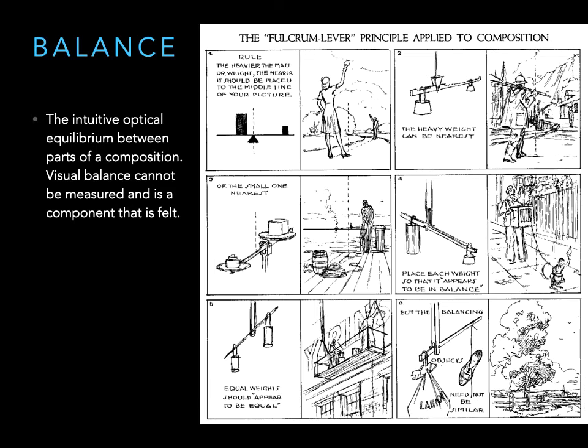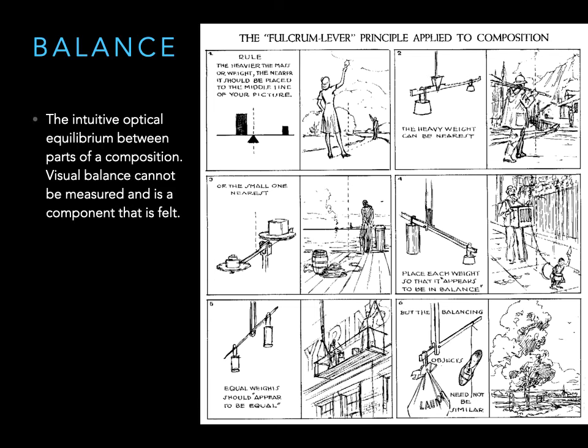And we've got some examples of a fulcrum and lever, or you can think about it like a teeter-totter or a seesaw, where you have a heavy weight placed more closely to the middle, the fulcrum in the middle. And to balance that heavy weight, we move the little character further over to the edge. So if you think about this compositionally, if we move to the center